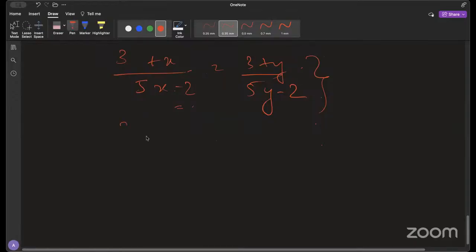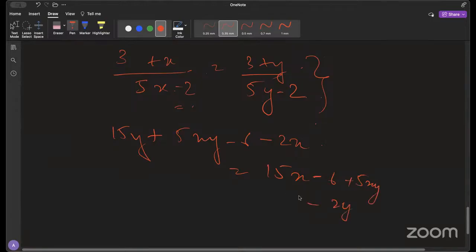Okay, let's just quickly do it then. 16y plus 5xy minus 6 minus 2x plus 15x minus 6 plus 5xy minus 5 is, here is